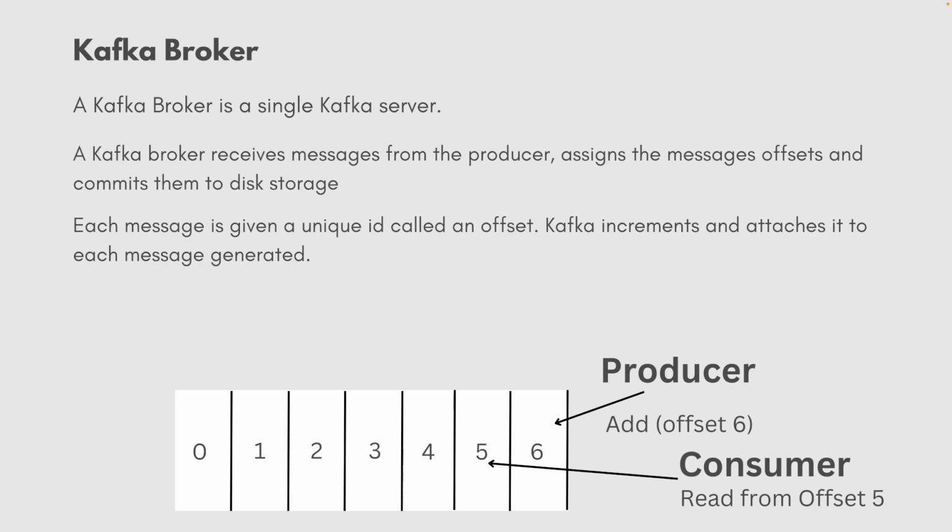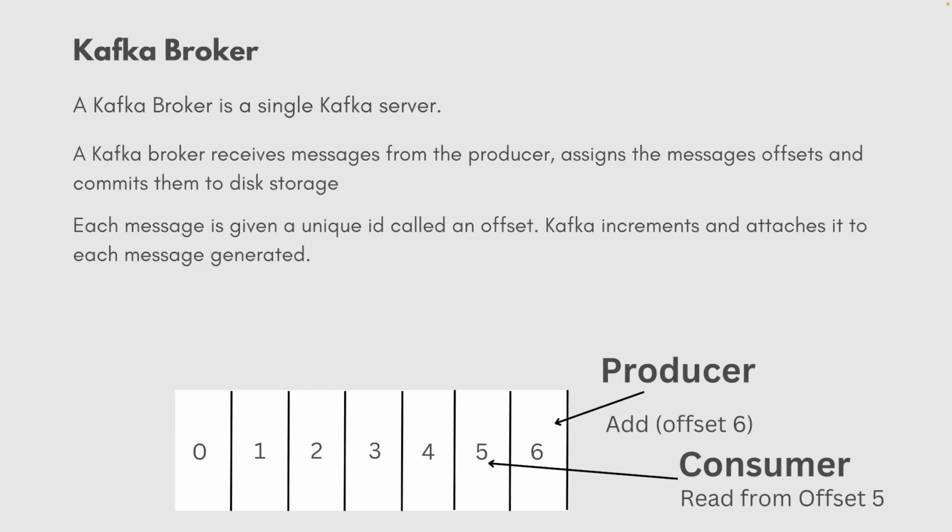And for each message that the producer produces or sends, the broker assigns a message offset and commits it to storage. So a message offset essentially is an ID, because like I said, there are millions of messages that can go through a Kafka system. So we have to make sure that we have an understanding of what each message is and what it does. An offset is given to a message so it knows its place within the Kafka system. Offsets are very critical for maintaining data consistency in the event of any failures or outages, or if something crashes, because the consumer uses the offset to return to the last message that it consumed after the failure.